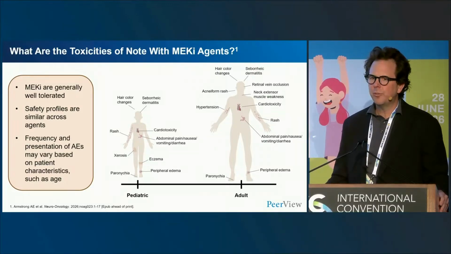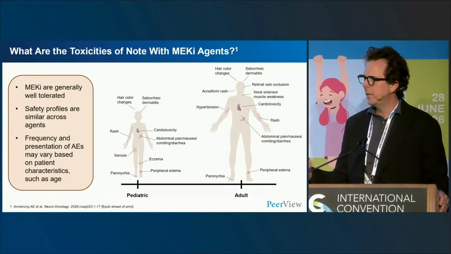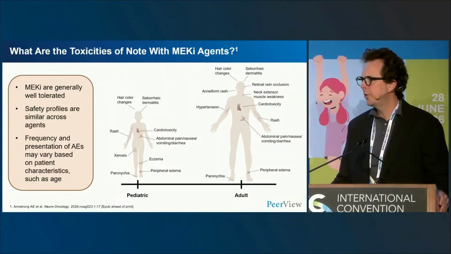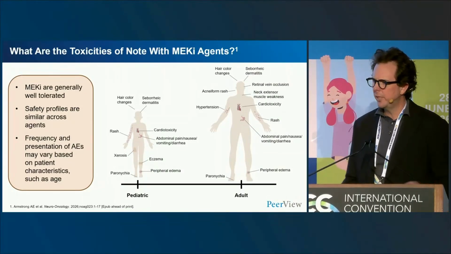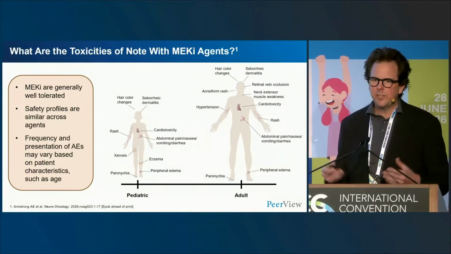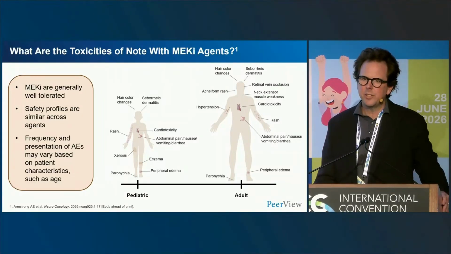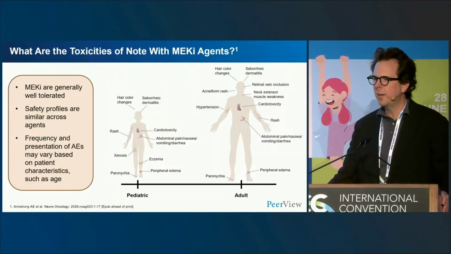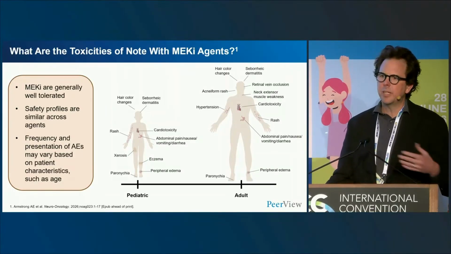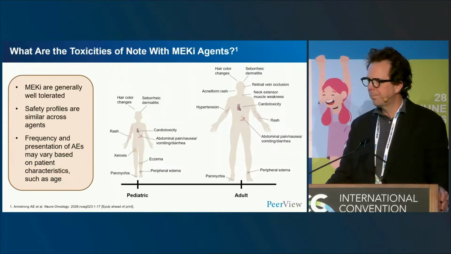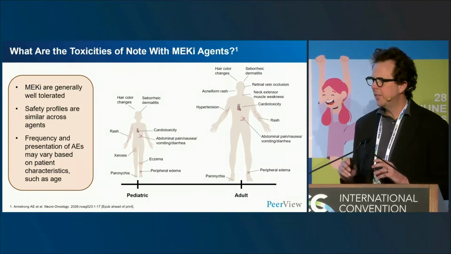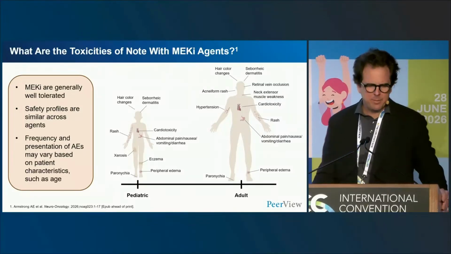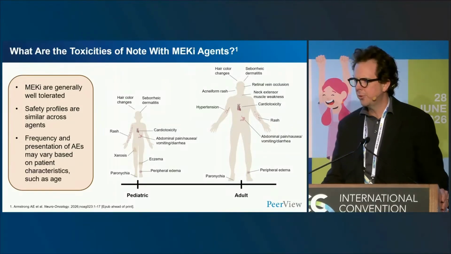But there are a few more significant toxicities, thinking about cardiac toxicity and ophthalmological toxicity, which are rare but potentially severe. And so we need to be educating our clinicians, our junior colleagues, but also patients and their families to be mindful of certain symptoms that they need to bring to attention urgently as well. And so you can see that slight difference between paediatric and adult patients, but I think most of these are fairly universal across children and adults.